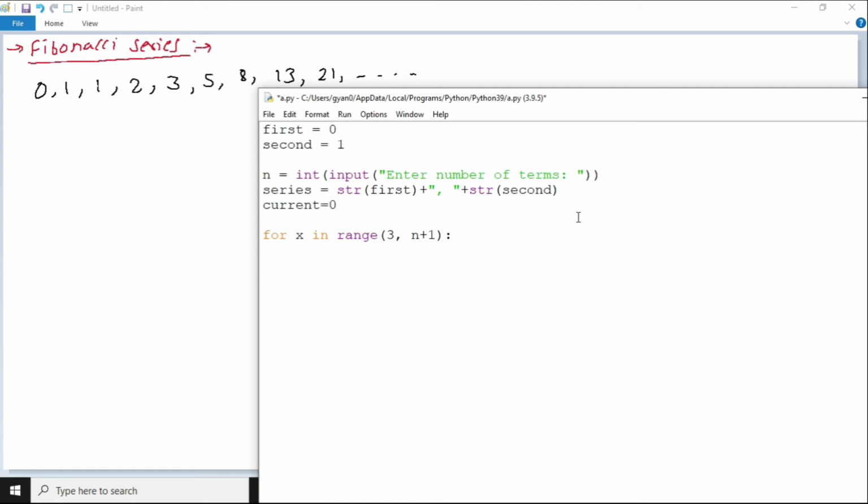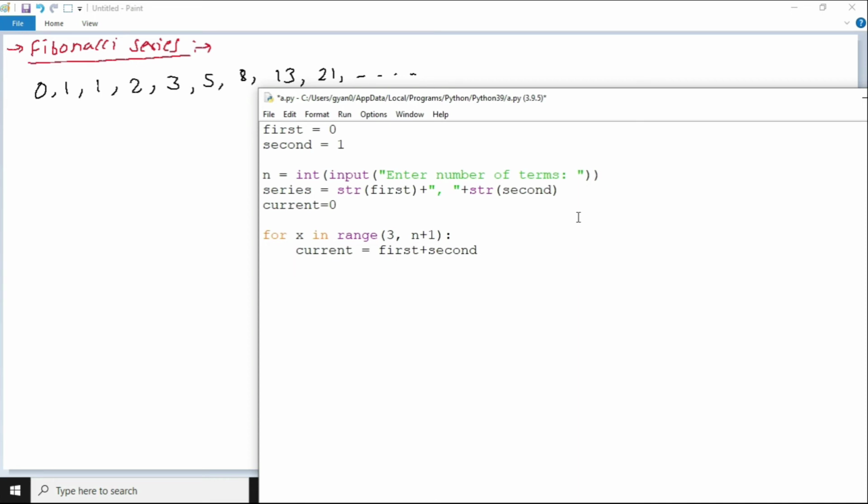Now from the third term onward, for every value of x, calculate the current term. So current is equal to first plus second. Now change the values of first and second so that those two will be added in the next iteration for calculation of the next current.